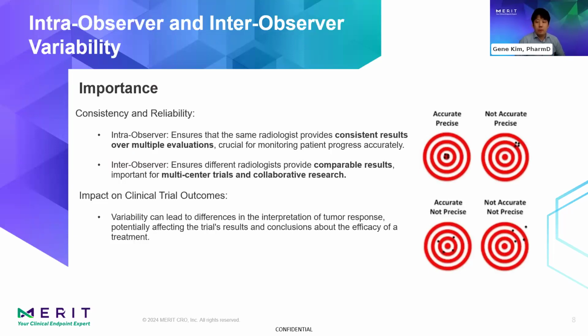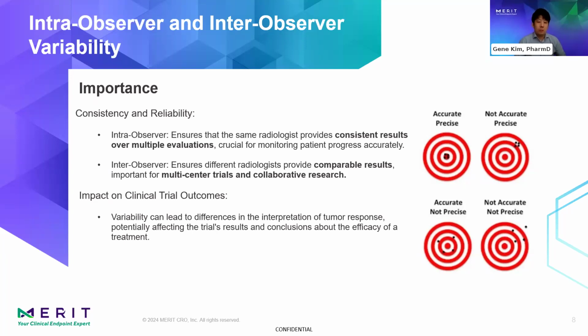And realizing these variabilities exist is very important, because they play a role in affecting the data quality in their own way. Taking care of intra-reader variability helps provide consistent results over multiple evaluations of the scientific subjects, especially in oncology. We're performing a longitudinal assessment with the same disease type, having similar presentations of the disease, if not all the same. So the consistency within the same reader over multiple different time points and different subjects is very important to provide accurate and precise data.